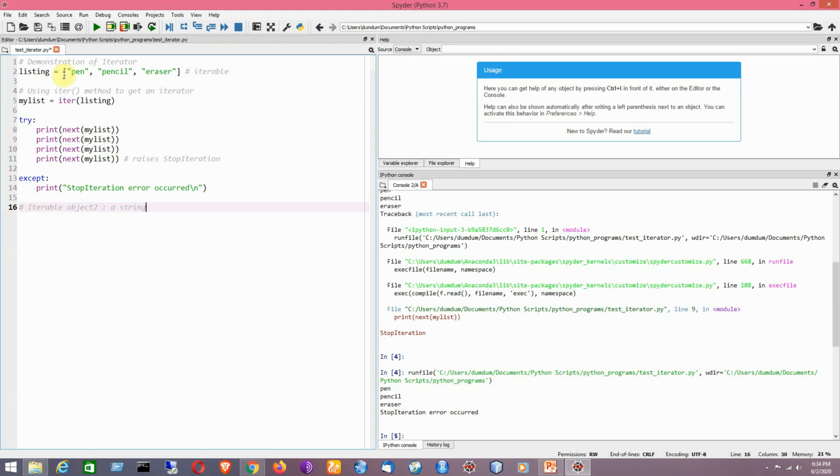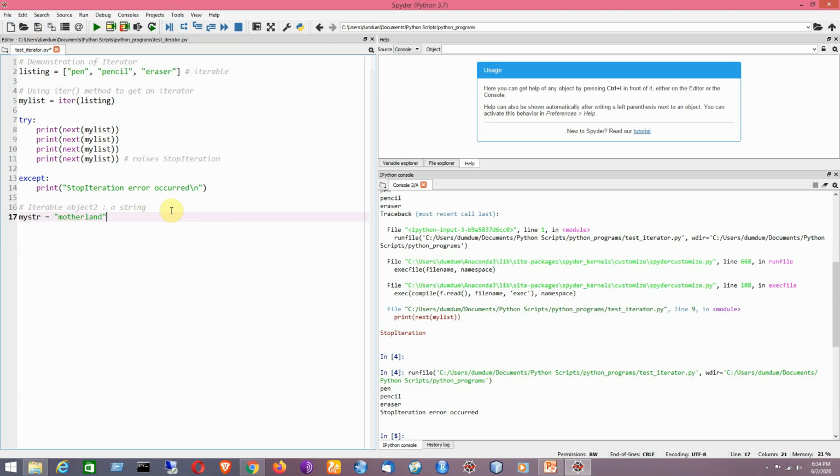Now what will I do here? I'll be just writing a sample string here, say for example my str, and say for example it is just writing here motherland.